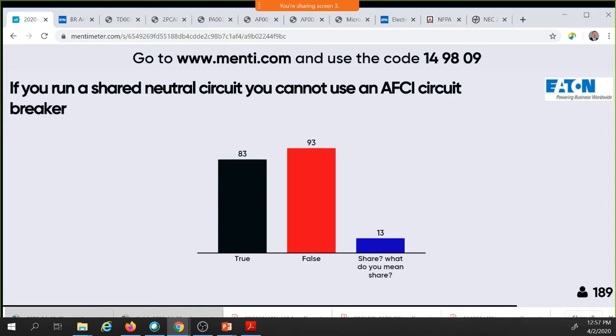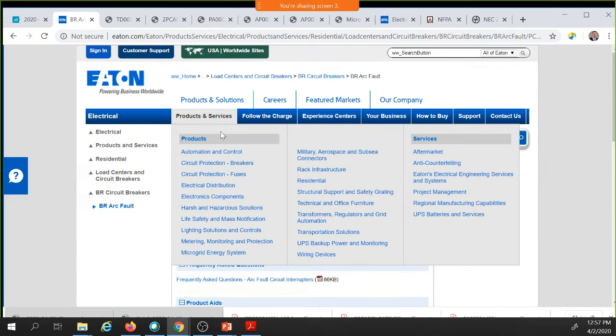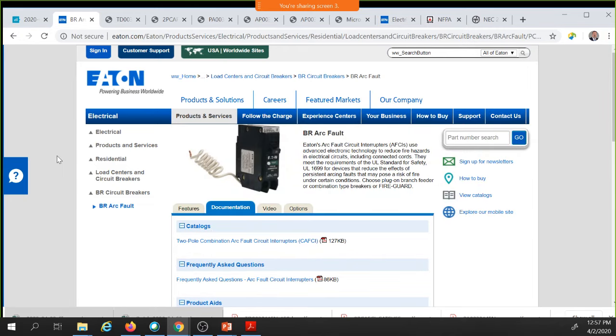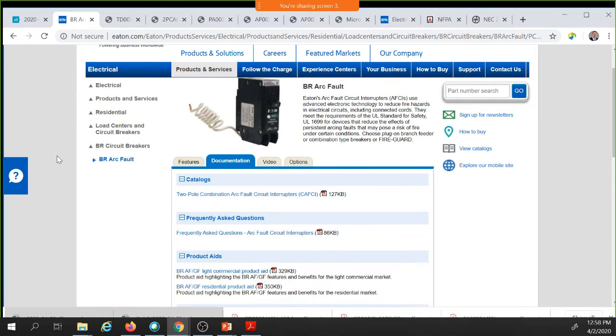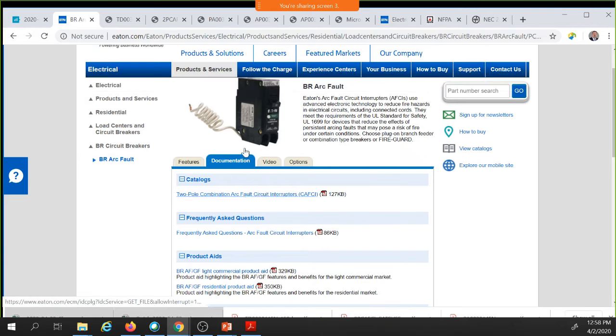So what is the right answer to this one? I would probably go out to a manufacturer's website, because what do we do on GFCI when we have a shared neutral? We use a two-pole GFCI, right? Because inside of a two-pole GFCI, we have the ability to manage the current going out and coming back. So let's take a look. There's a catalog for a two-pole AFCI. We click on that, download a PDF,